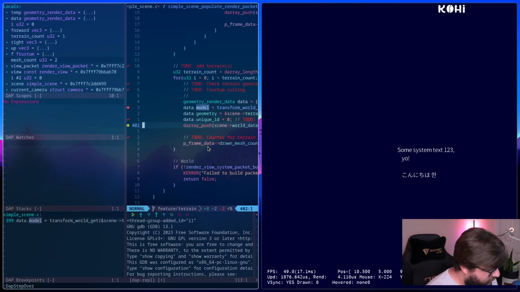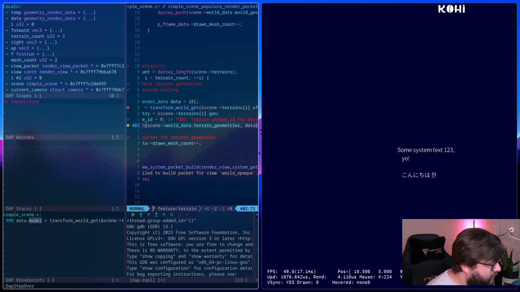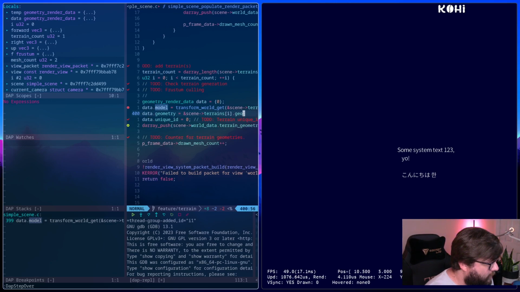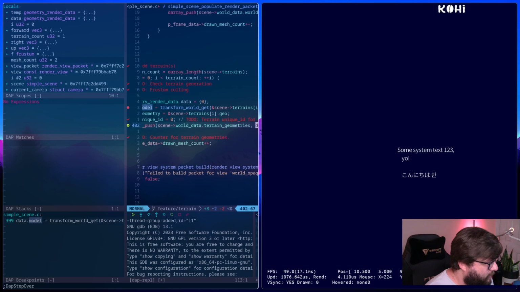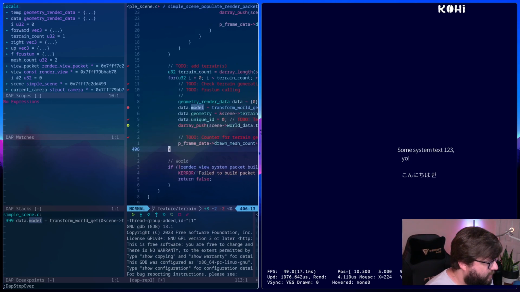And we push this value. Terrain geometries. Push the data. Push that in there, and then drawn mesh count. Okay, so that actually seems correct.